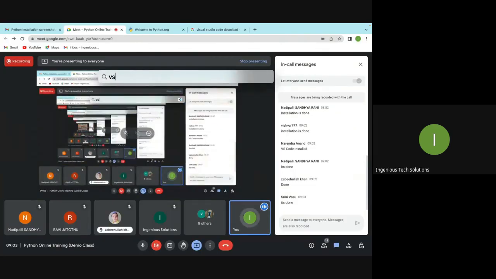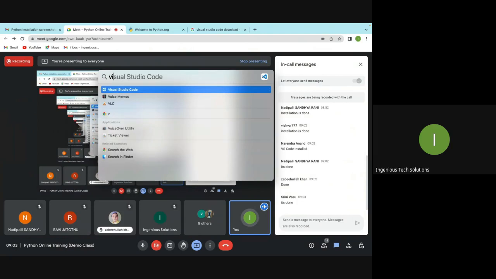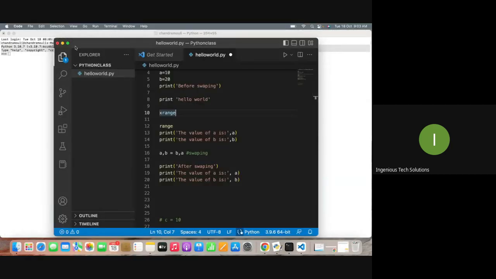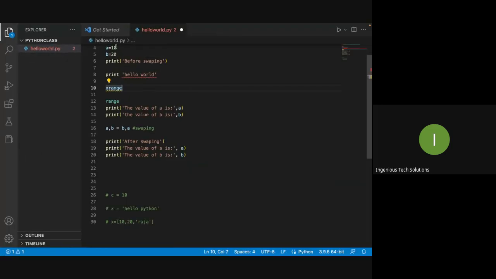Now I'm opening up Visual Studio Code since it's already installed in my system. You will see this kind of screen once you double click on that icon. As I told you yesterday, whatever we are going to learn in this class, all the programs I'm going to